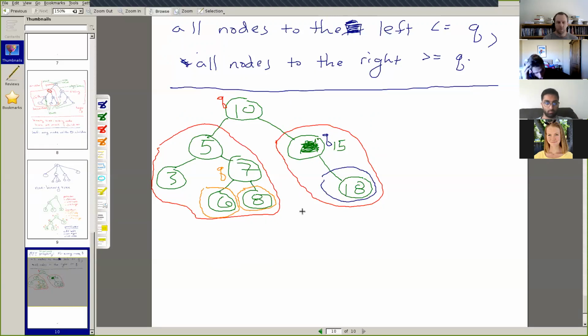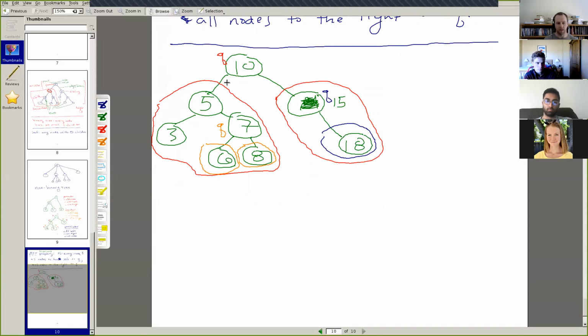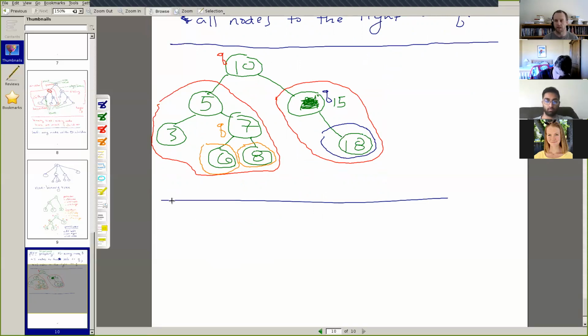Another common mistake that people make with these invariants is that rather than thinking about the entire subtree like this, you think about only one level of the subtree at a time. So up here is a valid binary search tree. I'm now going to draw an invalid binary search tree that many people might naively think is valid. So the following is invalid, but up here is valid. In my invalid binary search tree, we'll make it very similar to the tree up here.